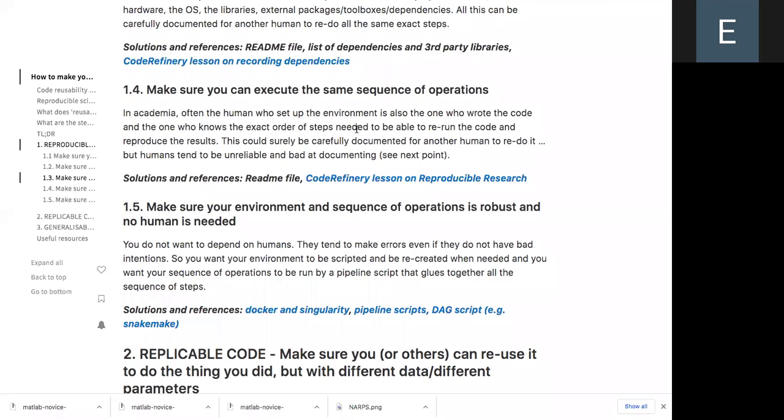So the order of steps also needs to be documented. And of course, you can rely on the humans and hope that the human can document. For example, you are using a graphical software interface, let's say Excel. And in Excel, you really need to document: I clicked on that column, I sorted the data with that function from Excel, I selected from row 1 to row 50. All these steps that you do with the mouse, you should also write them down in a so-called